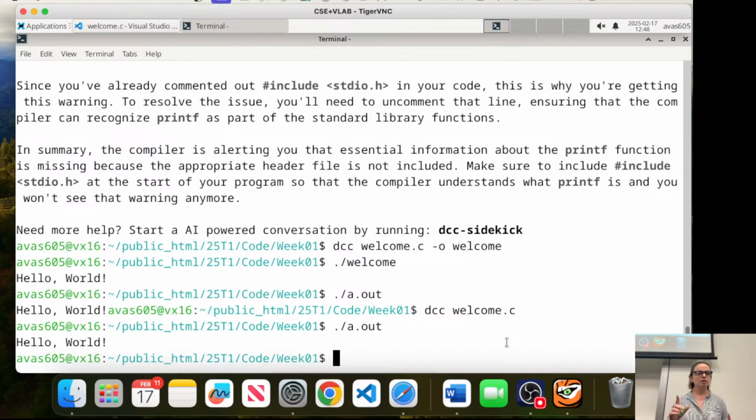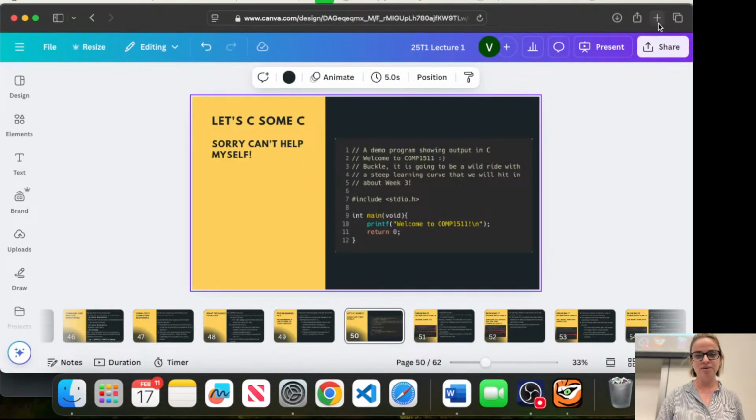So use the names of programs. Otherwise, you know, it looks a lot neater and it's a lot nicer as well. It doesn't make sense not to have it. But the a.out is there if you're feeling lazy and it's been, you know, 3 hours of working on your code and you're really starting to get over it.